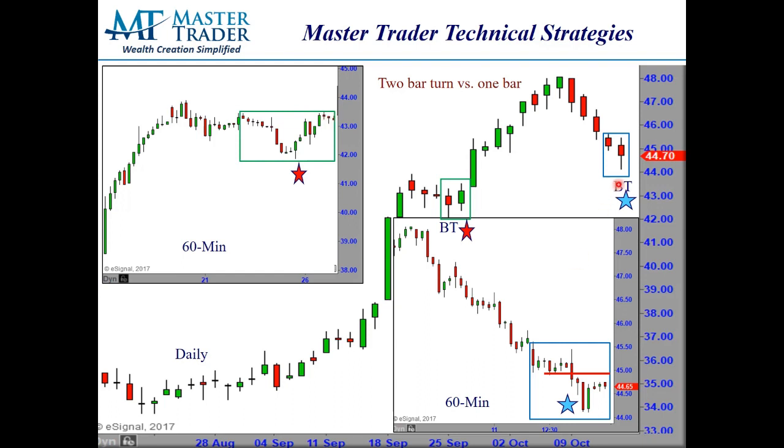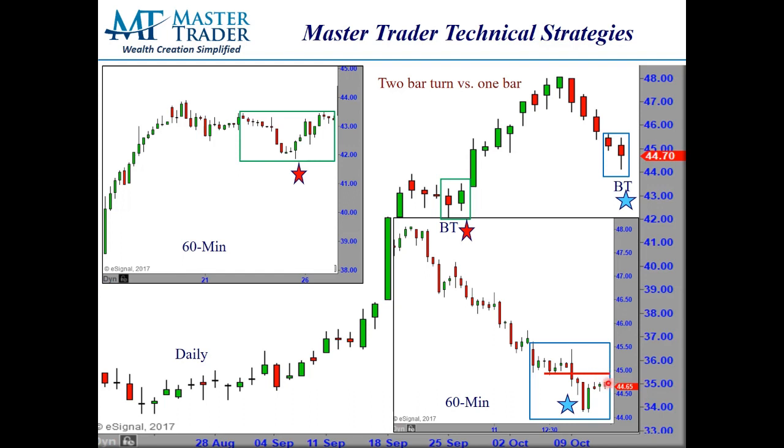Now this bottoming tail bar, it's still in an uptrend. It's pulling back into support, but the 60-minute tells us it's not ready yet. We do have the beginnings of the turn where prices broke down. Relatively deep retracement. It's up into minor resistance. So what we need to see now is a little bit more bullish price action to be a buyer from